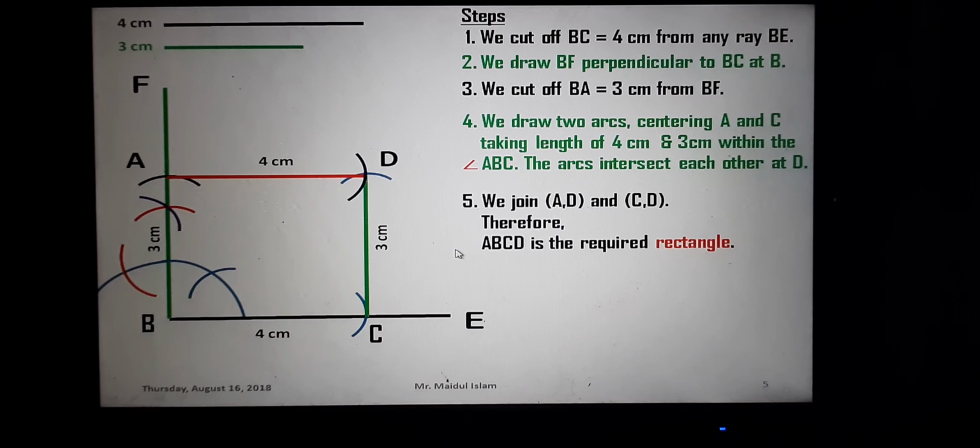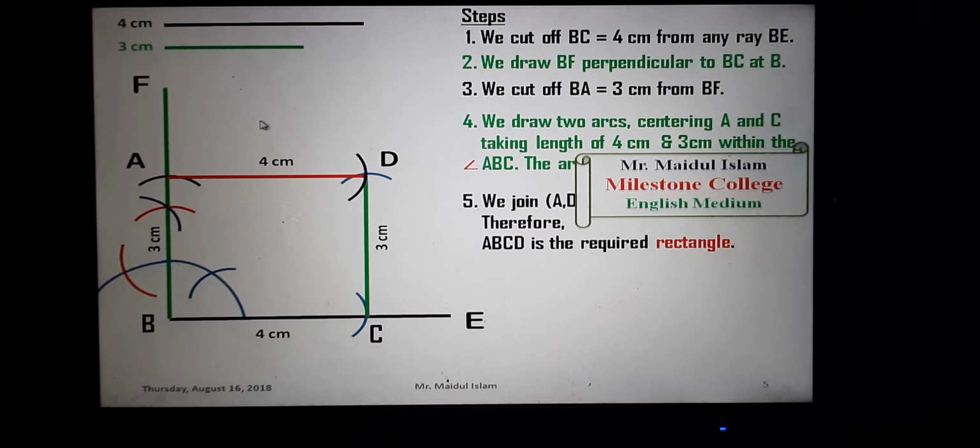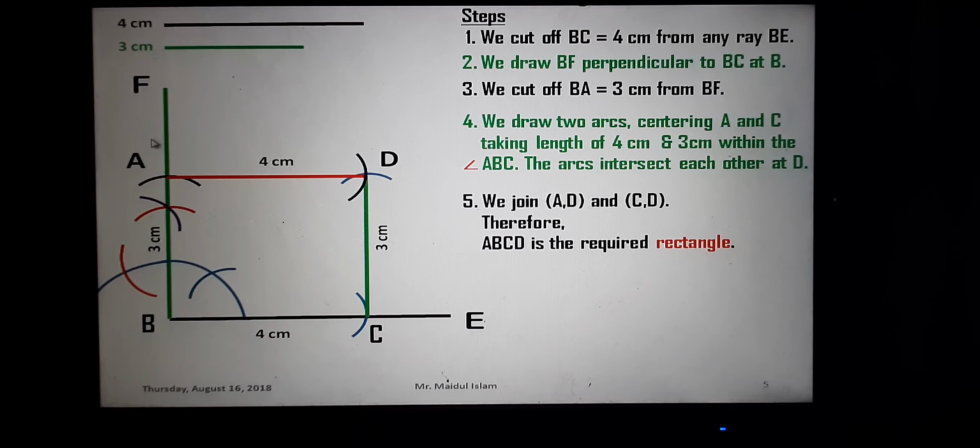So let's see, the number 5 step will be we join AD, CD, and when we join AD and CD, then it becomes a quadrilateral, and this quadrilateral's name is what? Rectangle. My dear students, therefore ABCD,